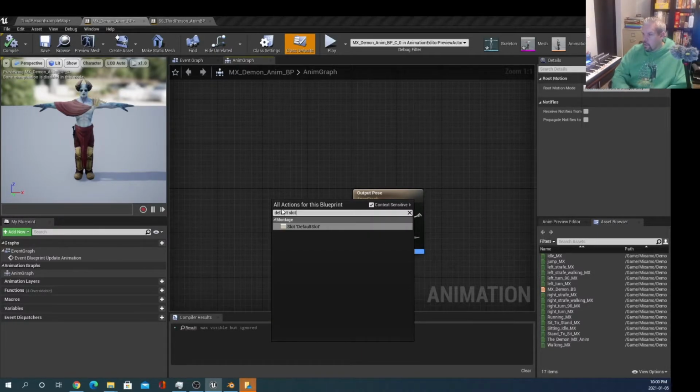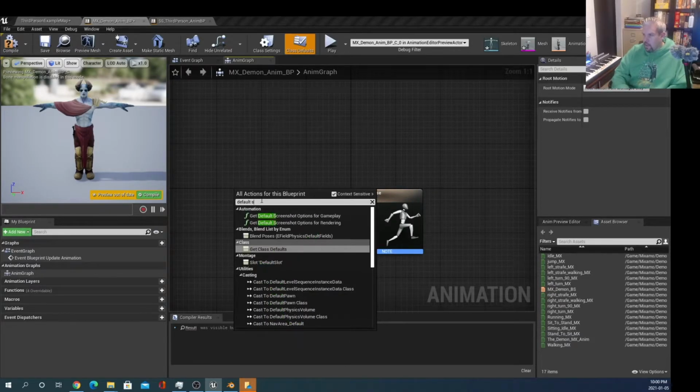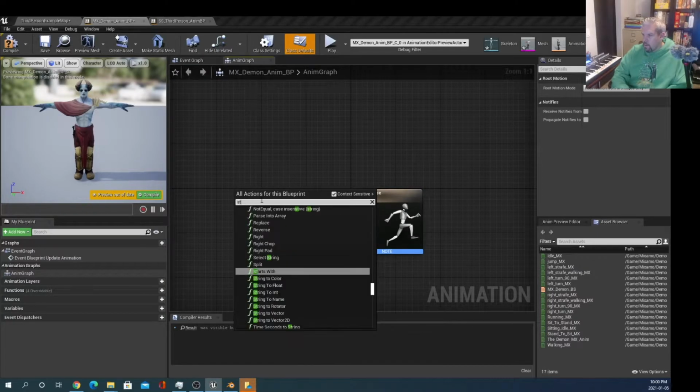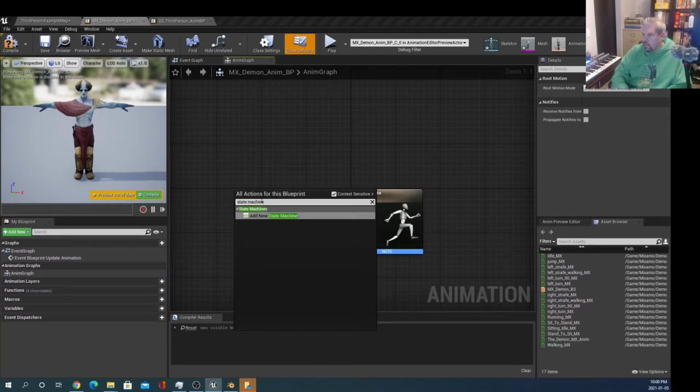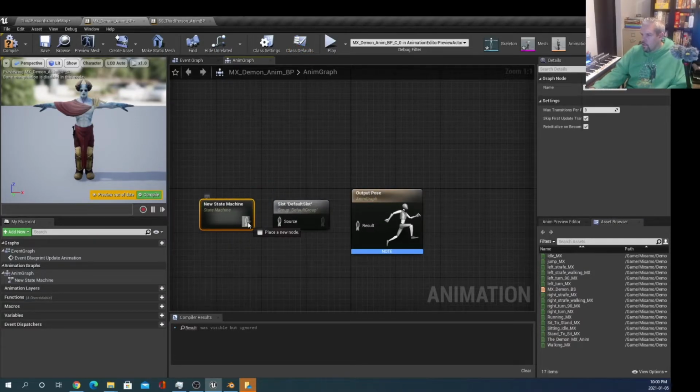Default slot, default state, default, or let's just put in state machine. There we go. Add new state machine. There we go. And then you just drag these little dudes onto the corresponding one, and if we hit compile